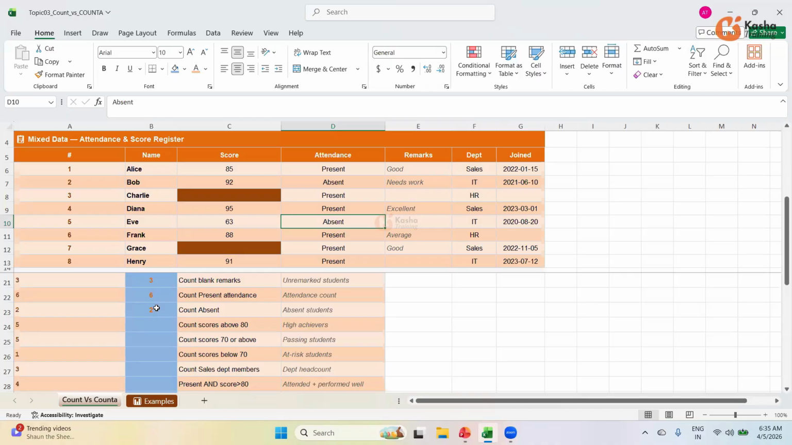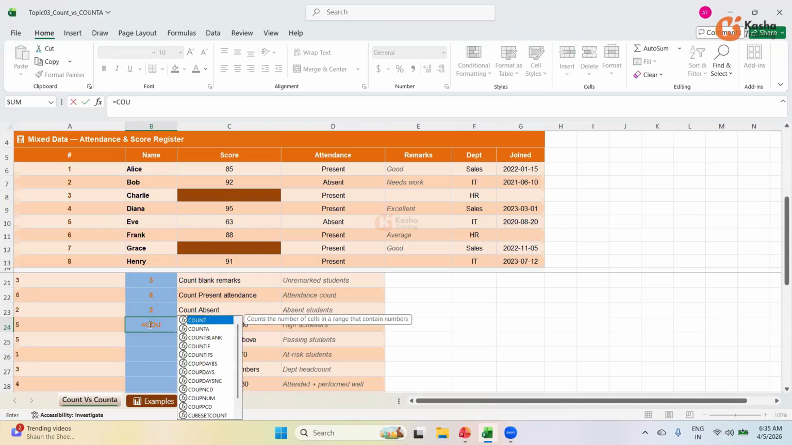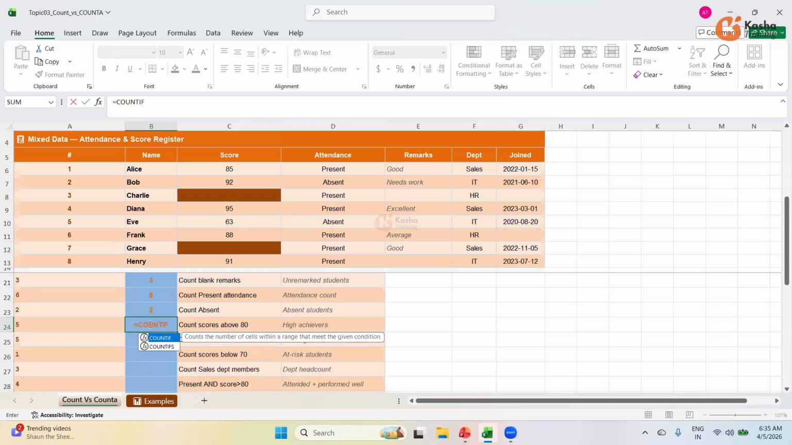Now let's move on with the next formula. The next formula is count score above 80. That's again one condition, because we want to count only the score which is above 80. So let's come here. If I press equal to sign, and again, because there is one condition, you have to use COUNTIF. So if I type here COUNTIF, and then open the bracket here,